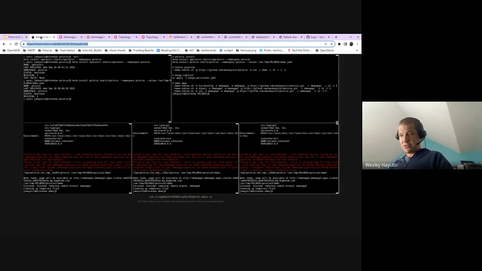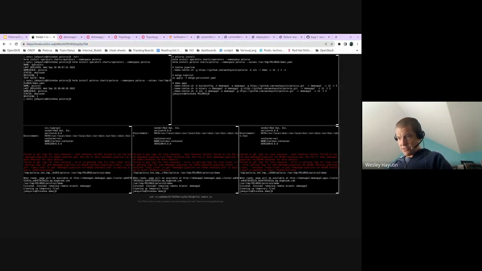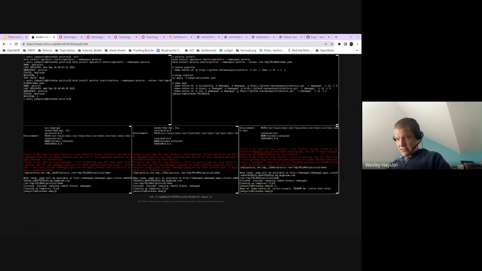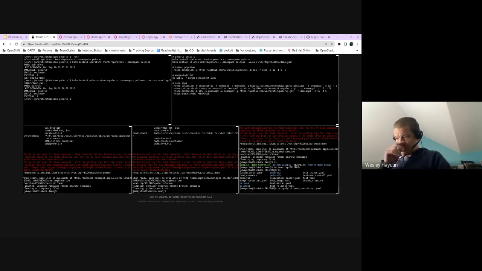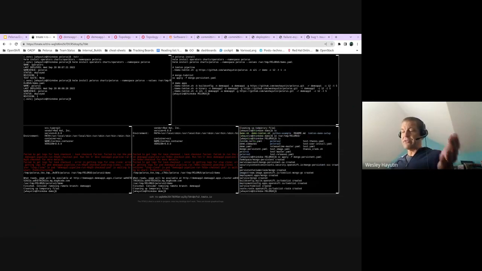So the one thing I can do here pretty quickly is I'm going to go back to my terminal real quick. Just go to here, temp Pelorus, and do one deployment so we can at least see one. Mongo persistent. So that's going to build one of the demo apps that we use in migration engineering, do a deployment, and then we'll see